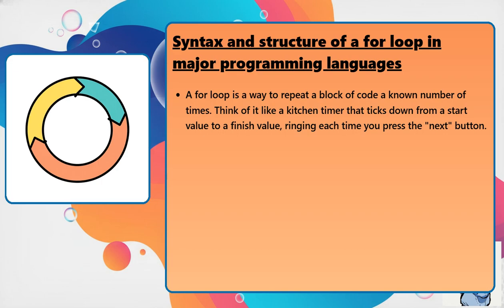A for loop is a way to repeat a block of code a known number of times. Think of it like a kitchen timer that ticks down from a start value to a finish value, ringing each time you press the next button. for (int i = 0; i < 10; i++) { // body, executed 10 times }